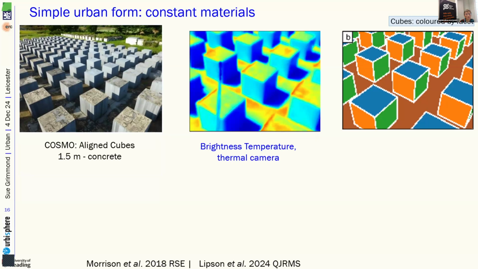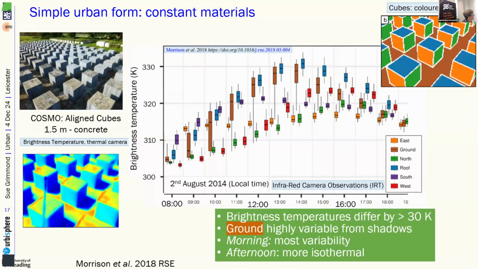So what we did is we sent, this is Will Morrison, who did his PhD and then a postdoc with me. We did this with Simona Coathouse, had 2 thermal cameras, and we were looking at these cubes. And what we can see then is we can pick out where the hottest temperature is. You can see that there is variability within that. And if we look at that through a day, what we see is